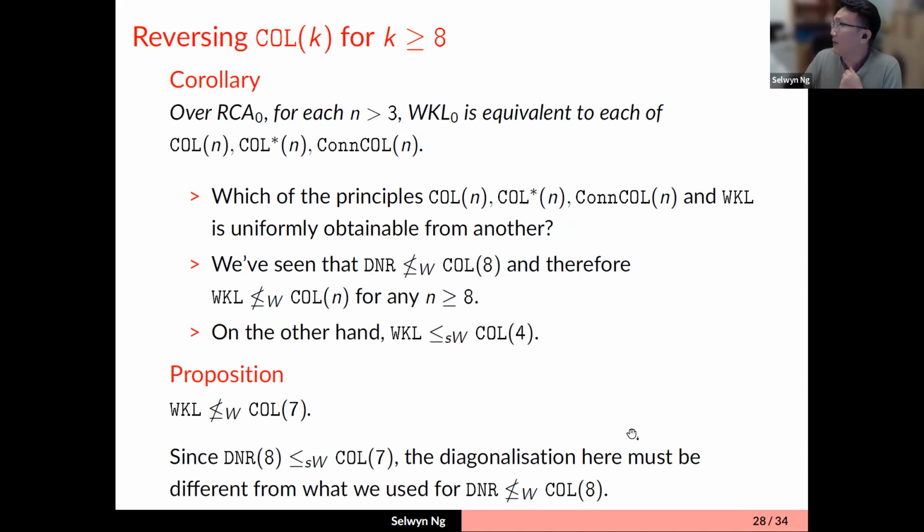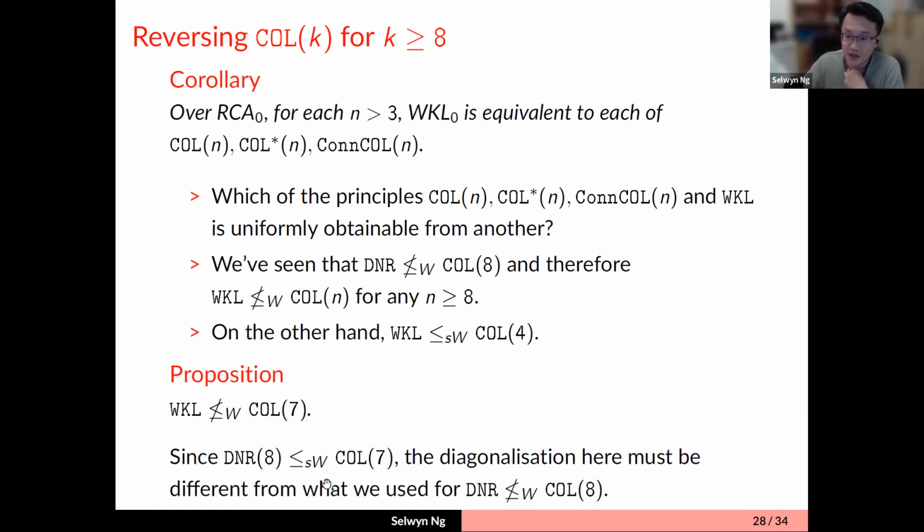Okay, so in the rest of the time, I think I will just finish up with a discussion of this particular result, and then I will finish off with some remaining questions that we have. So we want to discuss why the 7-color theorem does not reduce uniformly to Weihrauch's lemma. First thing to point out is that we do have a reduction to DNR 8, so